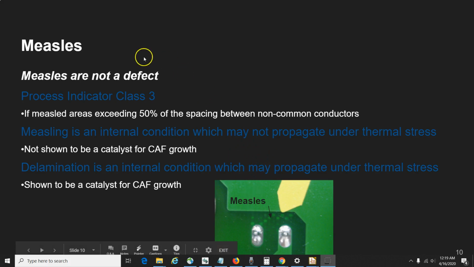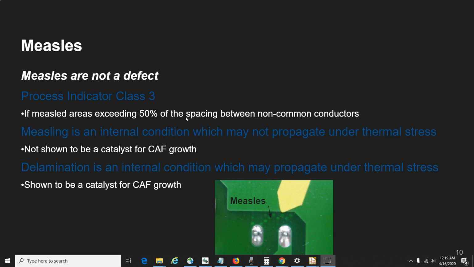Now, these are mentioned based on IPC standards. So, measles are not a defect, unless measles areas exceed 50% of the spacing between non-common conductors. Measling is an internal condition which may not propagate under thermal stress, and is not shown to be a catalyst for CAF growth. Here CAF stands for conductive anodic filaments, which are metal filaments that can grow from copper